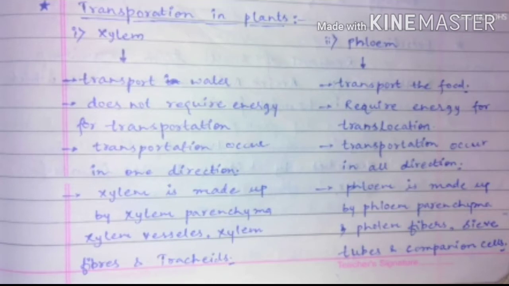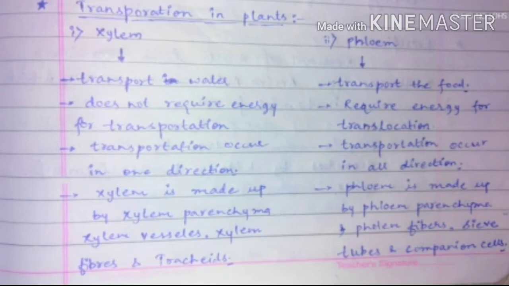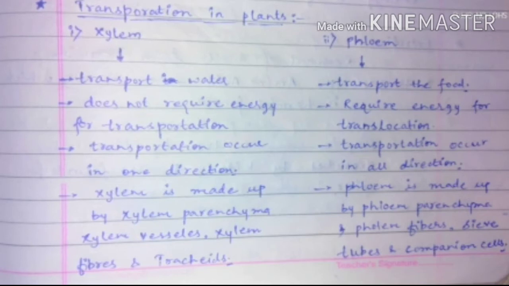So student, xylem transports the water and it does not require energy for the transport of the water, while the phloem requires energy for the transport of the food. Then the next difference: the transportation occurs in xylem in one direction, while the transportation occurs in the